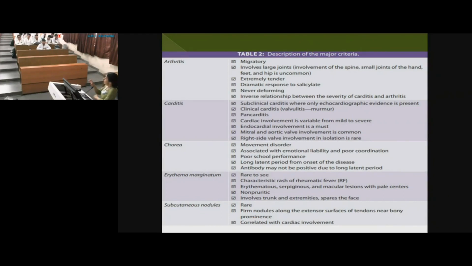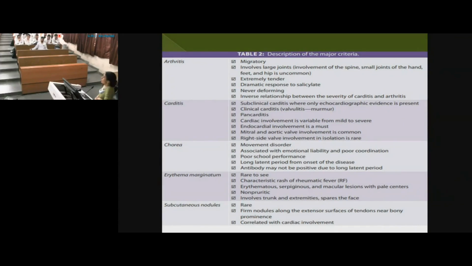But in pediatrics, it's the mitral regurgitant lesion which we mostly find, and even sometimes aortic involvement. And sometimes when the myocardium is involved, the entire heart is dilated, and then you may have a functional TR also. But by and large, 90 to 95% is mitral valve involvement. So what is the classical murmur seen in rheumatic fever, anyone?